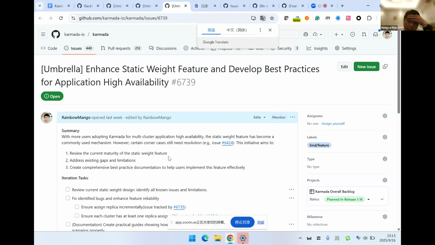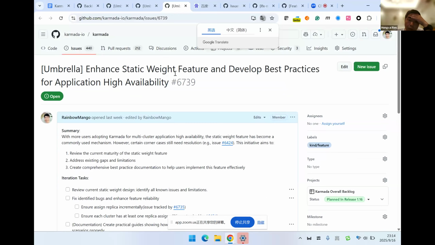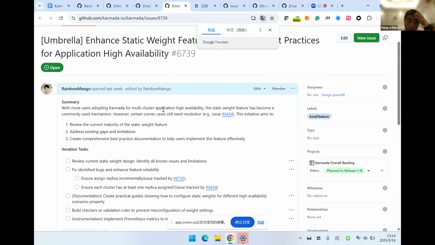So I think we can review the current feature and figure out the gaps and limitations, and maybe we can also have a best practice documentation to help users use this feature correctly.